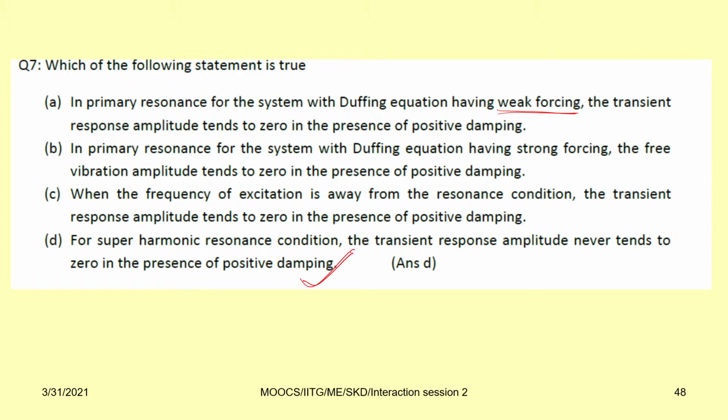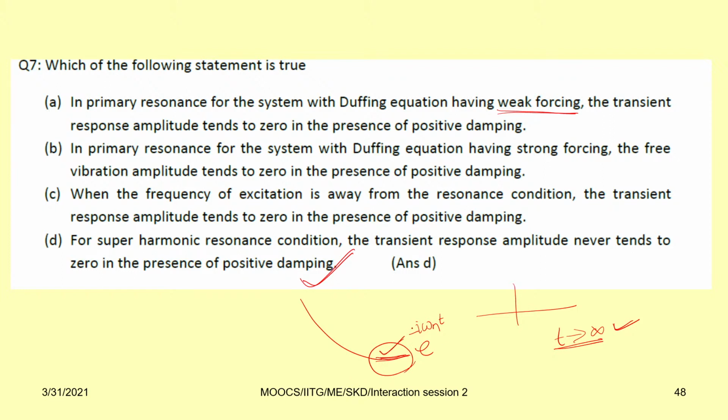So in superharmonic resonance condition, what is the transient response? You have two types of response. One is the transient response and the other one is the steady state response. As t tends to infinity, the response you are getting is the steady state response. And in case of the transient response, for example, you just take e to the power minus zeta omega n t. In this case this term will decrease exponentially, very quickly, so it comes to 0. As it comes to 0 very quickly, this transient response will die down.